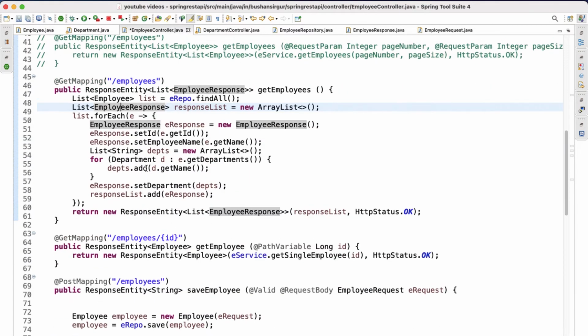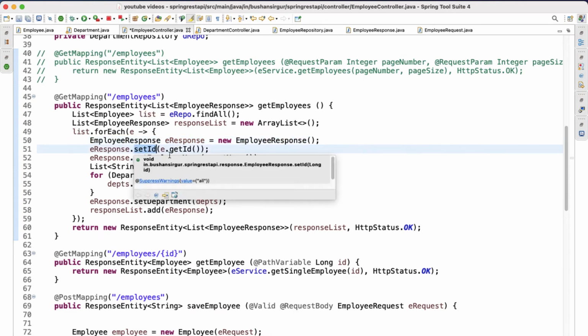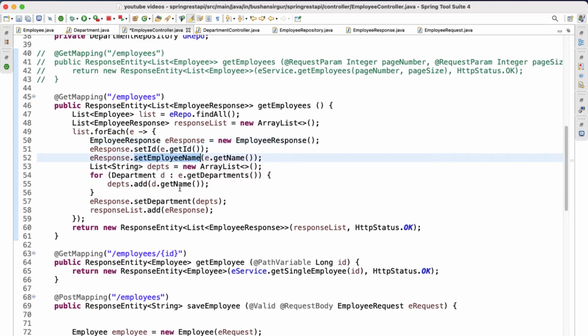Inside this, we have created the list of employee responses, and then we will loop through the repository list, that is the database records. Each time the loop runs, we are going to create a new employee response, and set the fields like the ID and the employee name. For the departments, we know that employee response contains the list of departments.